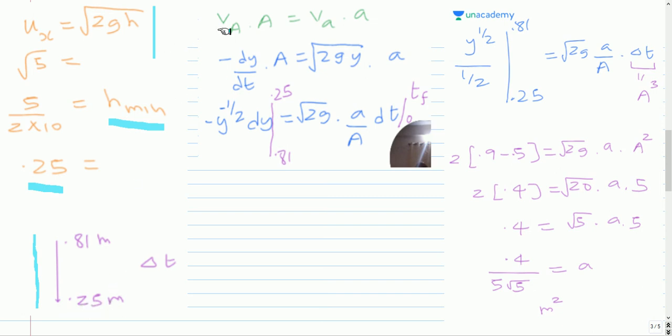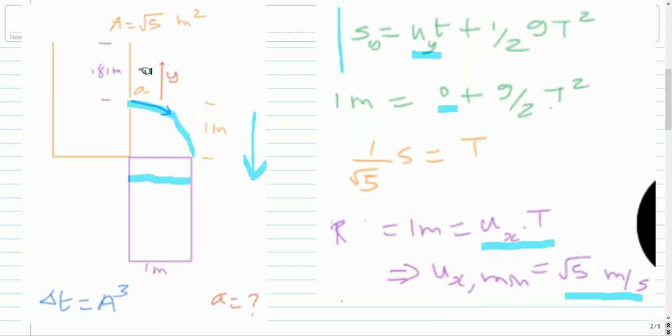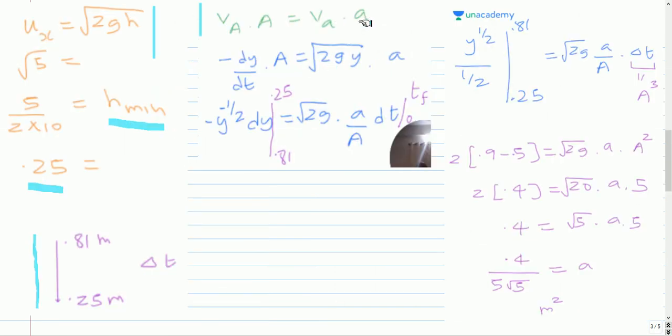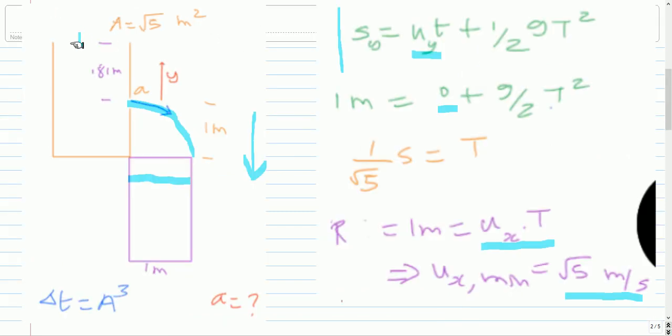To find that we will use the continuity equation. Continuity equation is rho VA is constant. Here the liquid is water, so it's incompressible, so the density is not going to change. So the continuity equation is velocity into area is constant. The velocity at this water level is V_A and the corresponding area is capital A, and the velocity here is small v_a, and the area is small a, and the velocity of the water at this level can be related to the y coordinate of this water level.